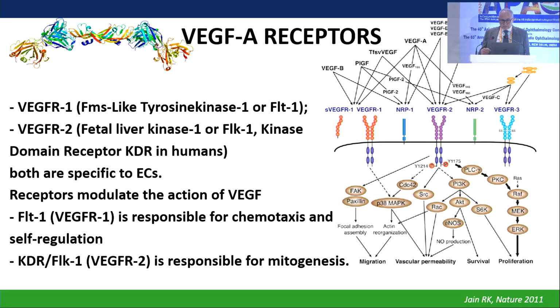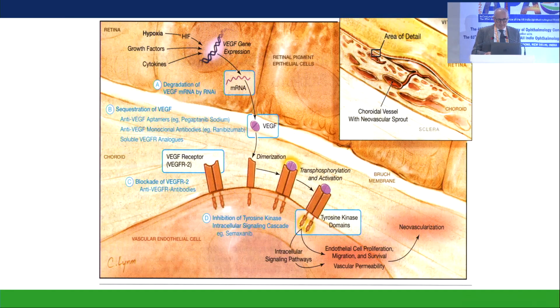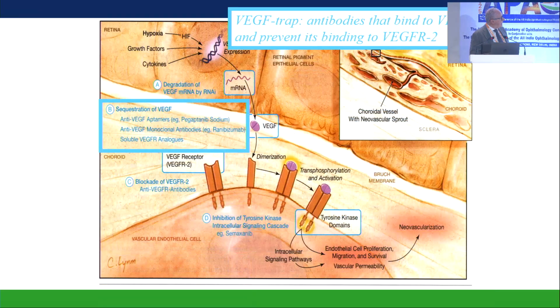Given that, we have looked at the receptors of the VEGF family. There are two receptors. One is responsible for the chemotaxis and self-regulation of vessels. The second one, VEGF receptor 2, is responsible for mitogenesis, and we will see that this is another important target of therapy. So going to this fantastic schema, we see we can act by blocking the VEGF in the extracellular